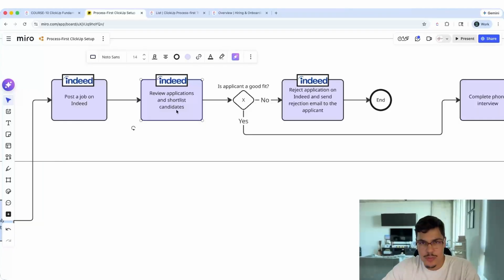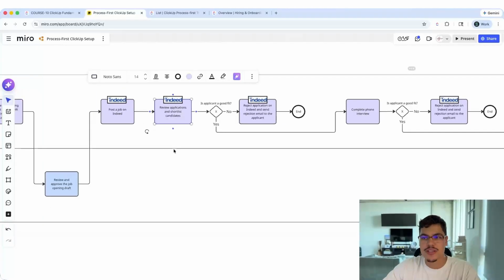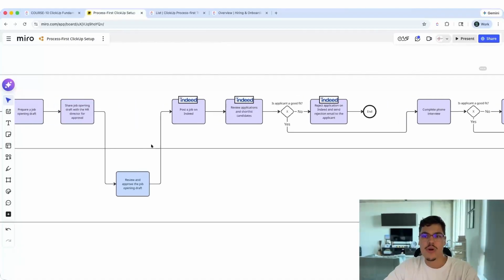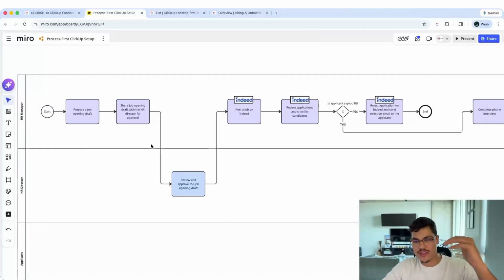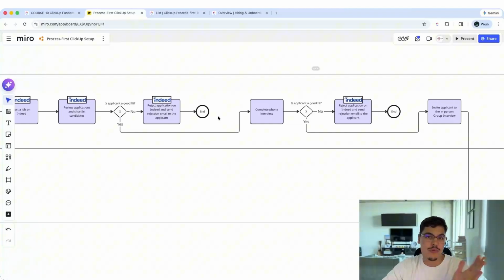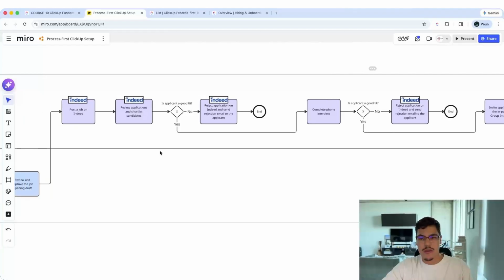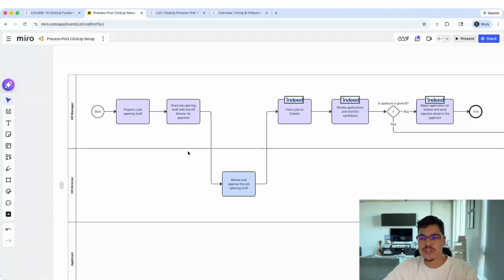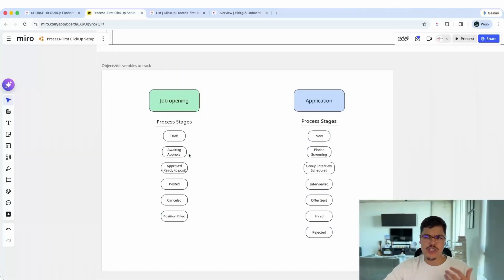So you just basically look at the process and you see what are the things that we need to track throughout the process. Like, what are the things that I want to know about this specific process? Like, what are the job openings and where they're standing? What are the applications and how many we have, where they're standing? And if you go through a process, you might find 5, 4, 6, maybe more different deliverables. Maybe you're going to find just one, and that's fine. But the main thing here is not only focusing on tracking the action items, which are basically the to-do tasks that you need to complete, but also tracking the deliverables